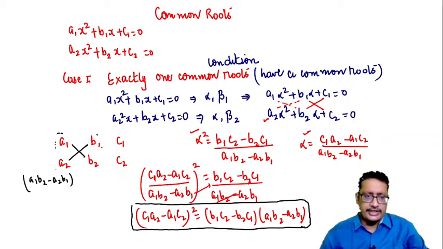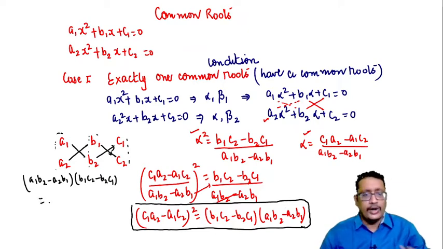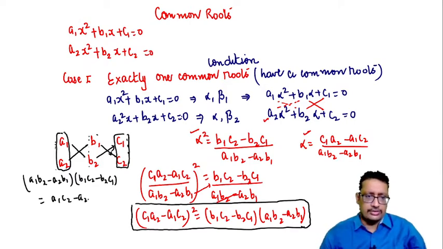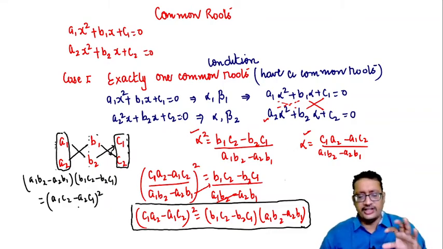Again, when it is completed, I am taking this one 2 cross 2 determinant. So the determinant of this will be b1 c2 minus b2 c1. I am multiplying here. The two terms are multiplied, but one 2 cross 2 determinant I have left. That is, if you see this one, a1 a2, and the last one is c1 c2. So it becomes a1 c2 minus a2 c1, but I have to square it because two terms are multiplied and it is a single, so I am squaring it.